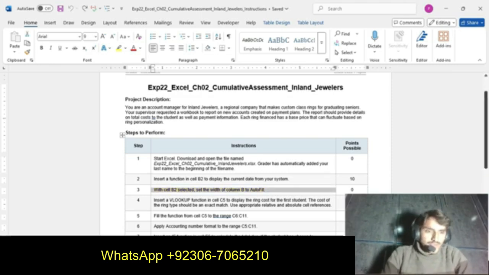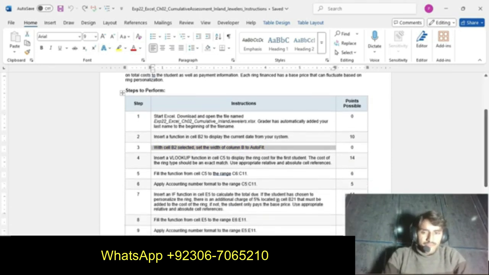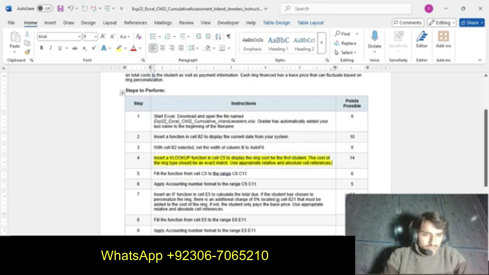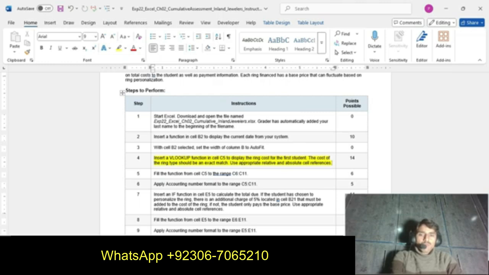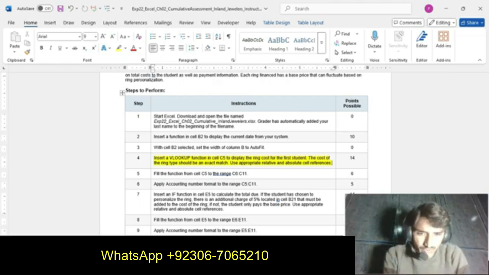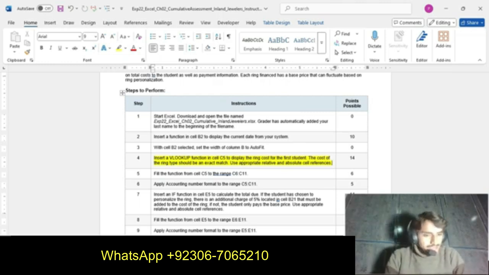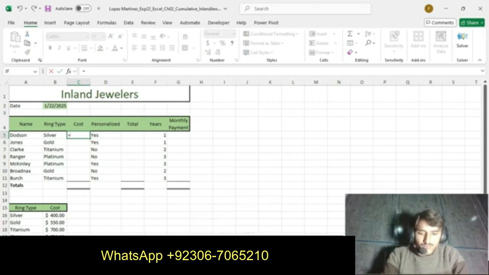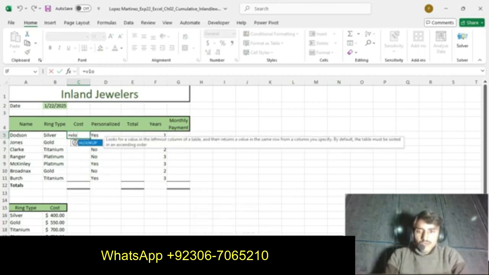Now we move to our step number 4, in which it says insert a VLOOKUP. We do this step carefully because it has 14 marks. Insert a VLOOKUP function in cell C5. So first we go to cell C5 and apply the VLOOKUP function.